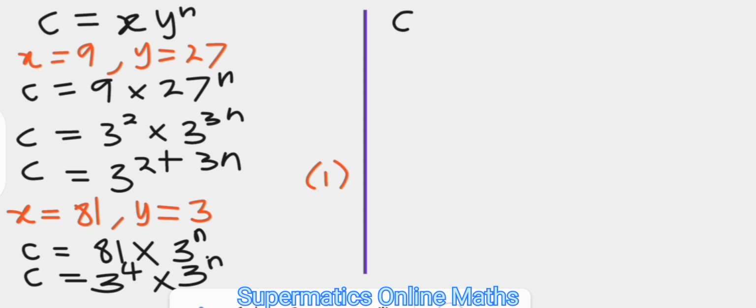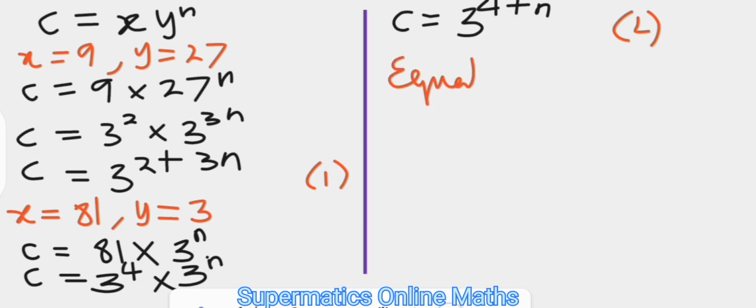This becomes c equals 3 raised to power 4 plus n when we combine by using the law of the addition of exponents in the multiplication of powers. We call this equation 2, and since the constant is the same as we said earlier, we can equate equation 1 and